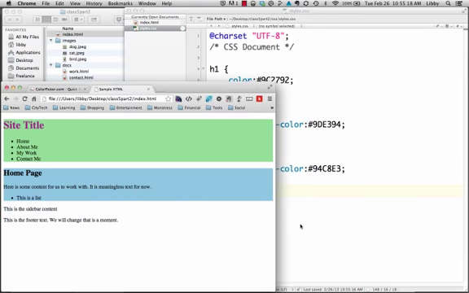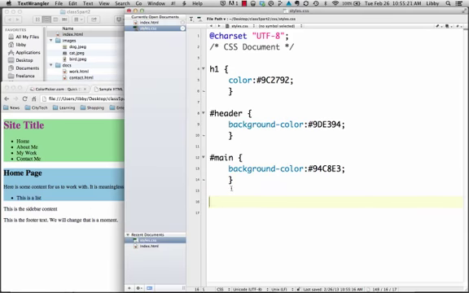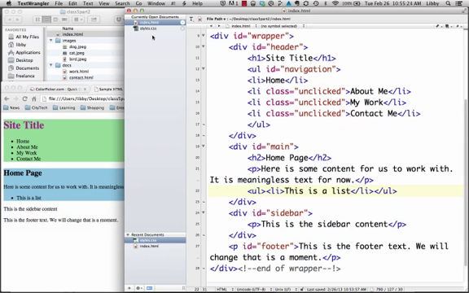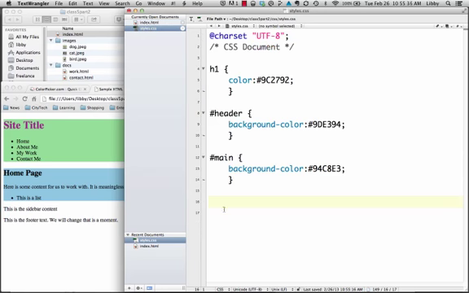So let's just go back. All right, but let's talk about a class selector. In this unordered list, we've got some list items that have a class called unclicked. So let's style for that unclicked attribute class. And in order to delineate a class, I put a period and then immediately thereafter the name of the class. So .unclicked. And let's see, I'm going to say color